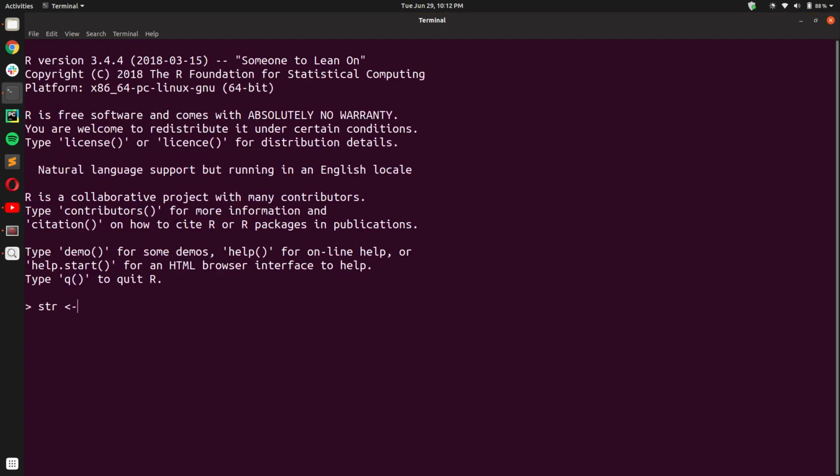Let's say we have a variable called str and its value is my first name Vaibhav, and you see this operator that I have highlighted that looks like an arrow. This is the assignment operator. When you type in the word str and press enter, you will see that it contains the string Vaibhav.